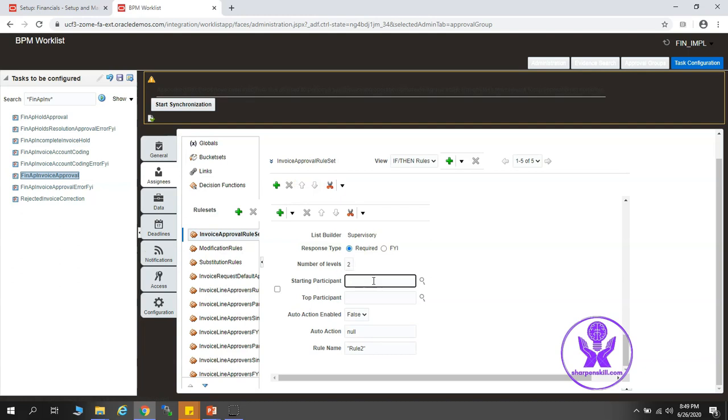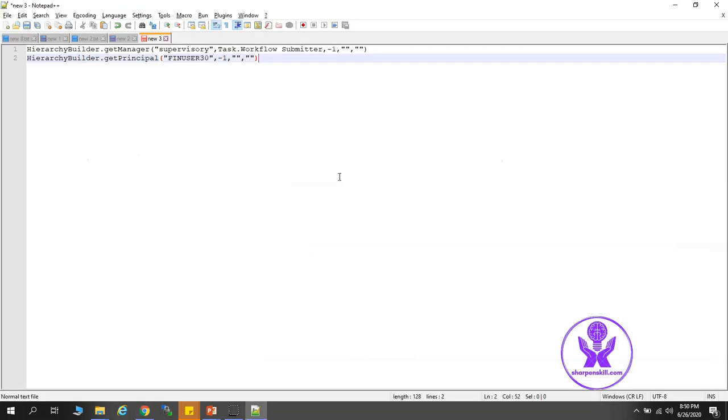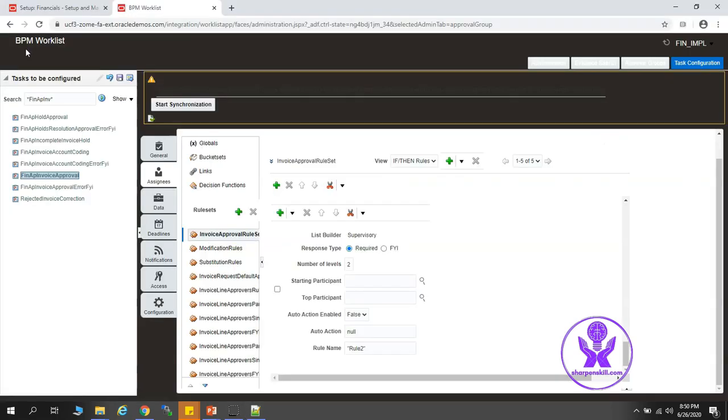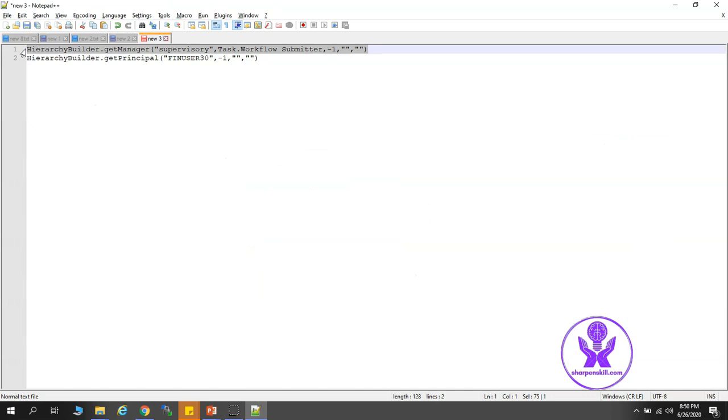Starting participant. So I have copied this over here. So this is kind of a constant that you have to put. Whatever I'm using is something who is the submitter. We have to get the manager of that invoice creator or submitter, and then the manager of his supervisor. So we have to understand the meaning of this hierarchy builder.getManager, right?